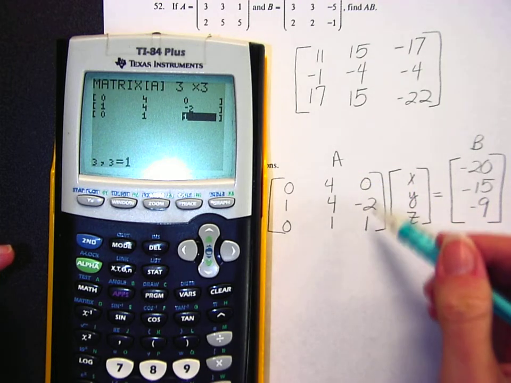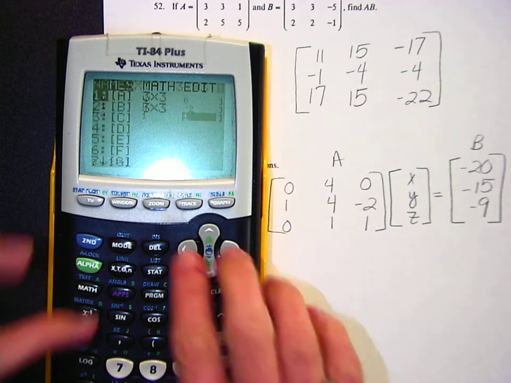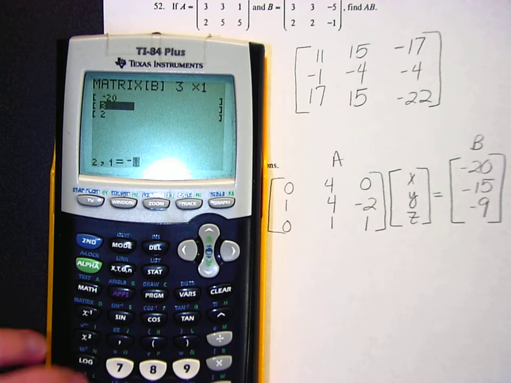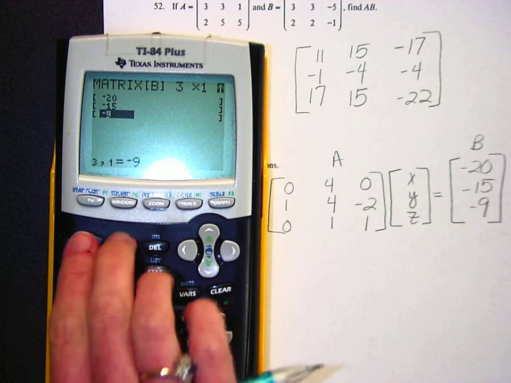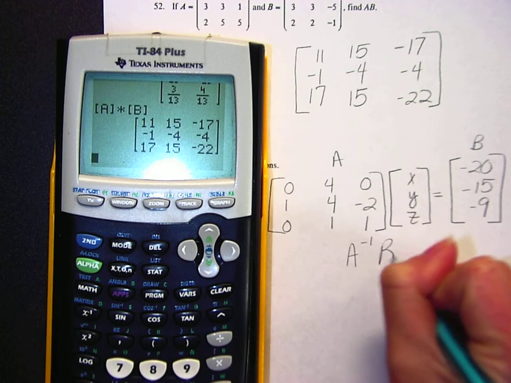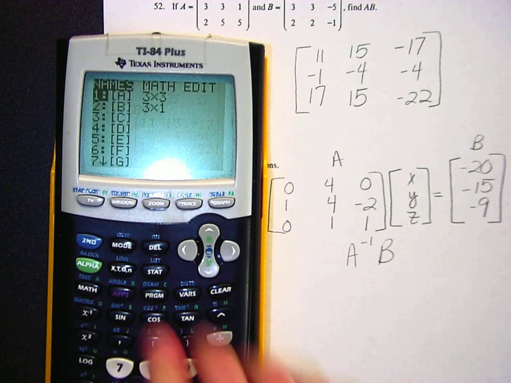And again, check your matrix. And second matrix, I'm going to edit B, is now a 3 by 1. And check your negative signs and everything. And then I'm going to go back to second quit, and I'm going to enter A inverse B. So second matrix A,